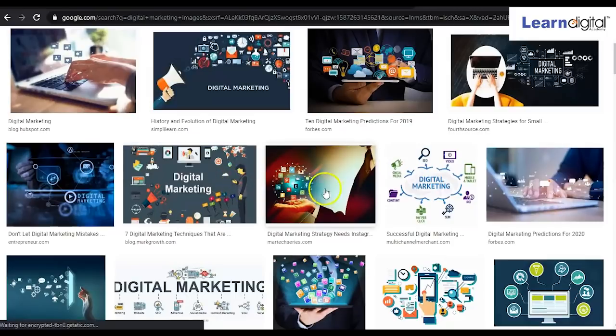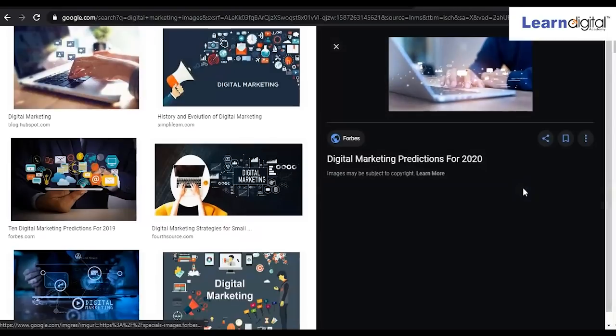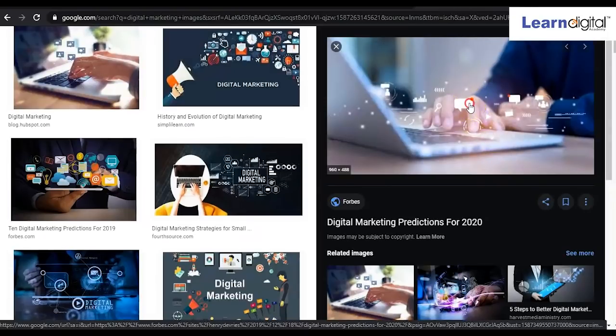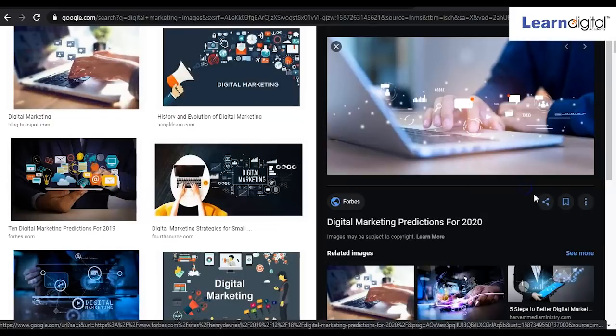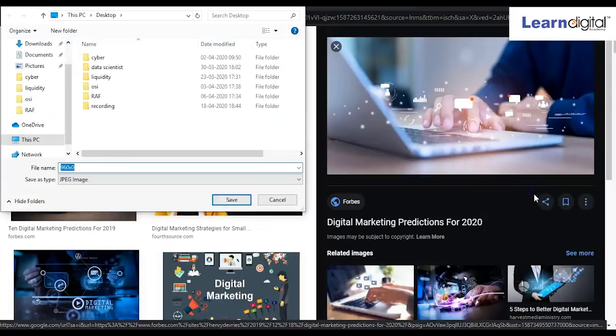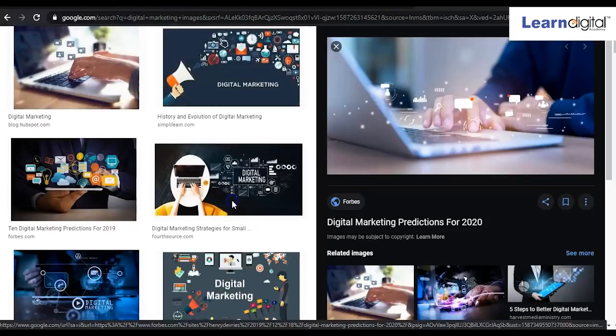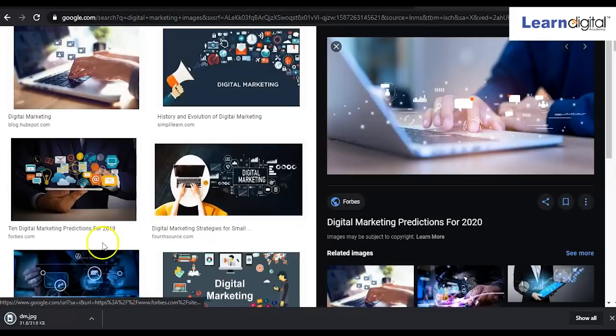I'll be selecting or downloading any image from here. So what I'll do, simply I'll click and save image. So that image I have downloaded.